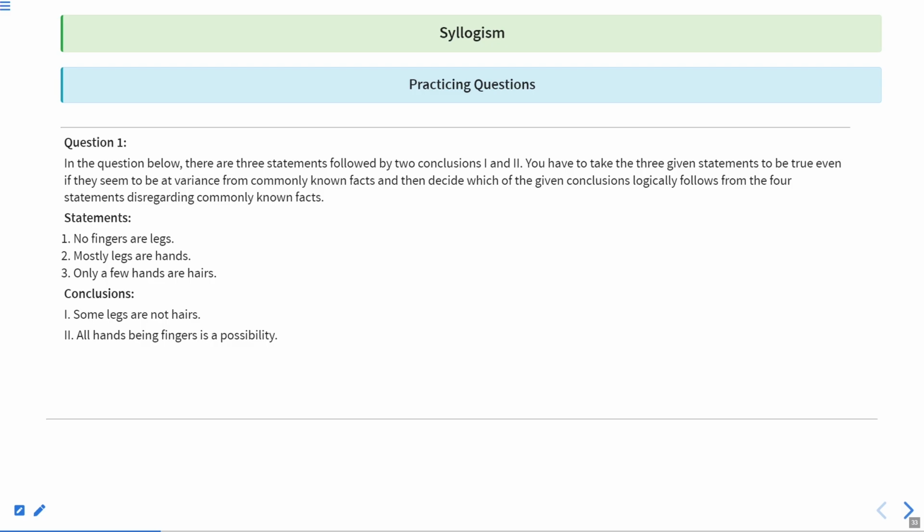In our previous lecture, we were discussing question 1, which asks whether the conclusions derived from the statements that have been put forward are logically correct or